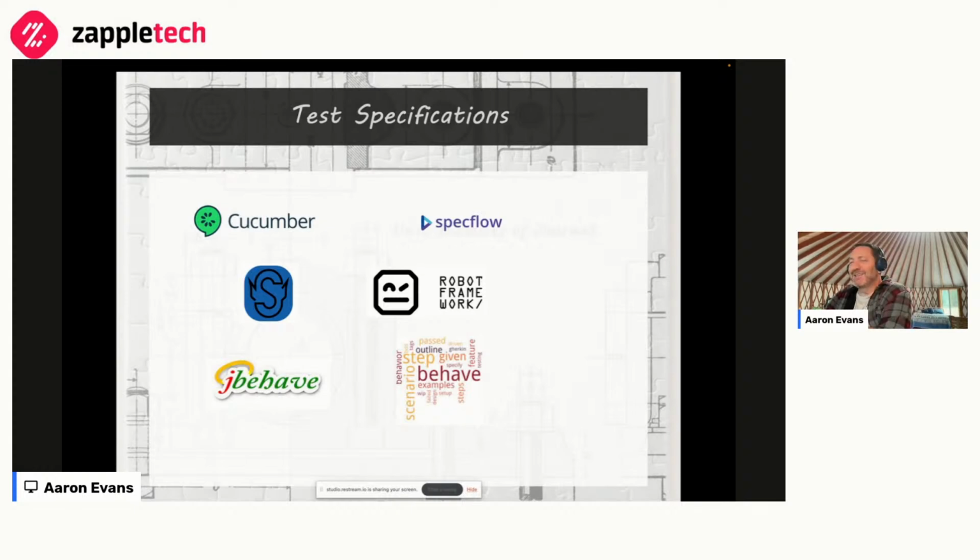Robot Framework is not necessarily designed to create a specification, certainly not in the behavior-driven development sense, but it is a way to write automation code in reusable components that you can then use to write keyword-driven tests. The goal here with these types of tools is to make tests that describe what's happening from a user perspective, so that non-technical people can understand, without reading through the source code, what's happening in the test and tie it to what's actually working.